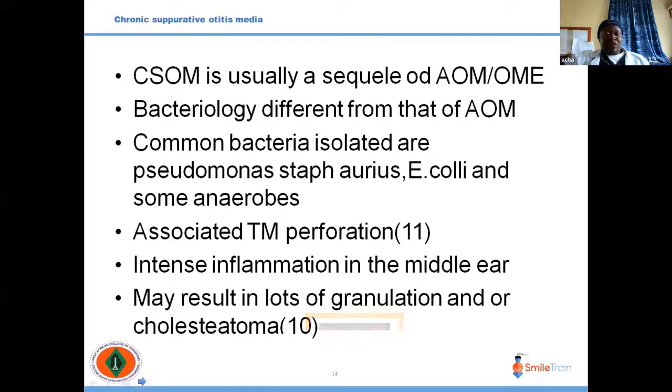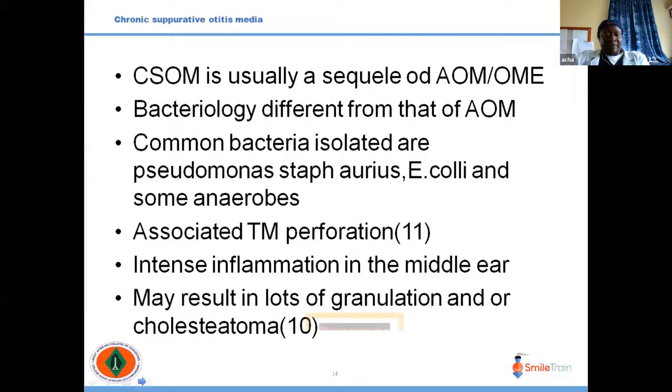And if you are able to catch the complications of chronic suppurative otitis media, which is cholesteatoma in this case, because children with cleft palate have a higher incidence of chronic suppurative otitis media, they also tend to have a higher incidence of cholesteatoma. In fact, cholesteatoma is 100 times more frequent in children with cleft palate. And the treatment for cholesteatoma is mastoidectomy, which could be cortical mastoidectomy, canal wall mastoidectomy, or radical mastoidectomy.